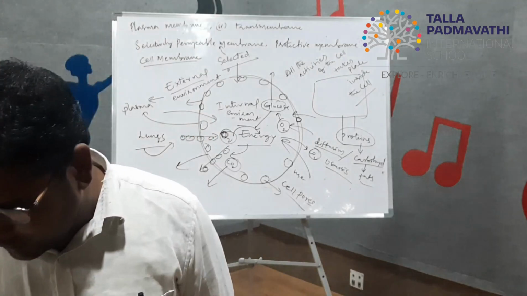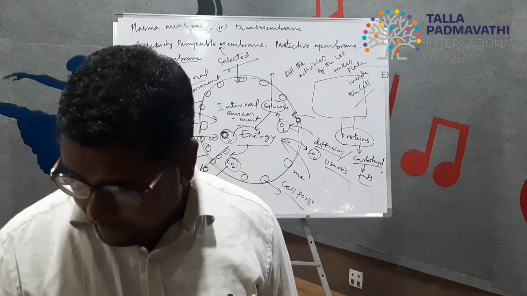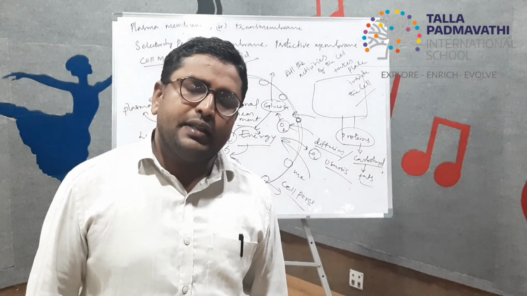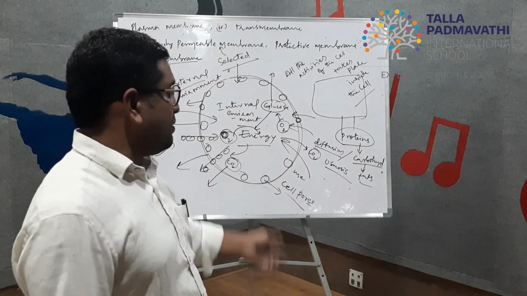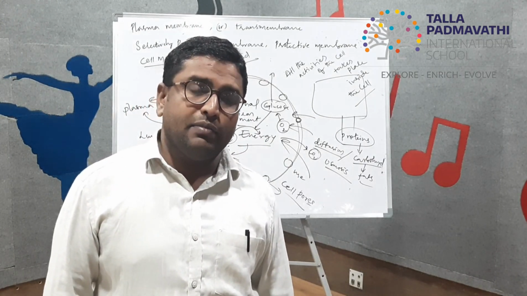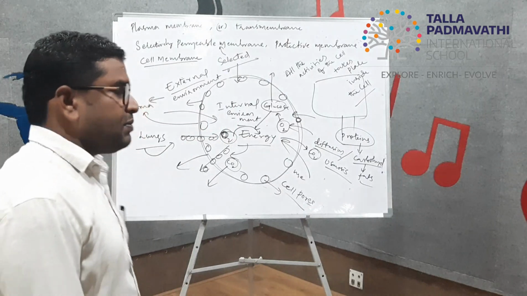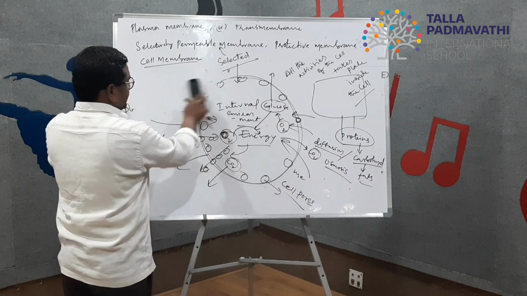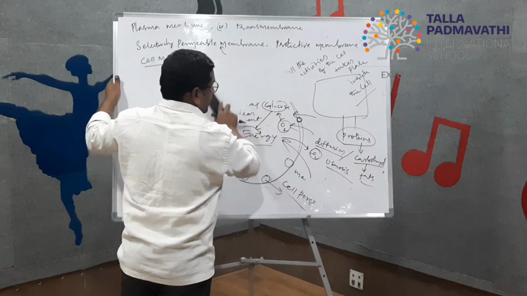Now let's understand the movement of water. What will happen if we place a plant cell or animal cell in water? Okay, so I hope you understood about the plasma membrane. Now a question arises: what happens if we place a plant cell or animal cell in a salt or sugar solution? Let me give some explanation. Finally, I say that the plasma membrane is a selectively permeable membrane.